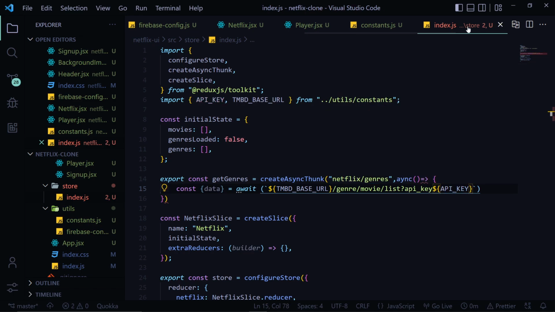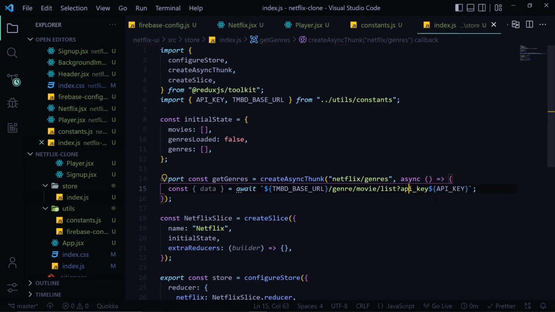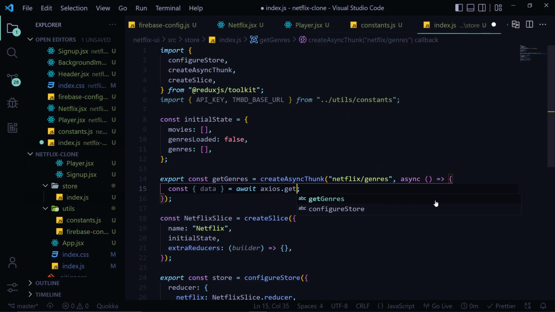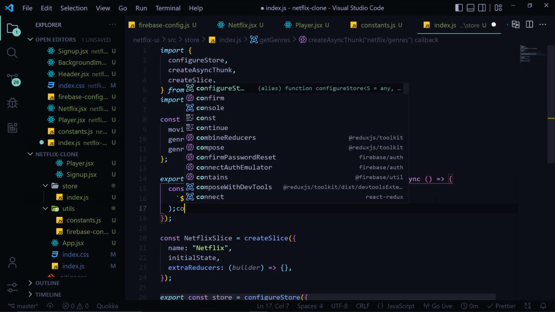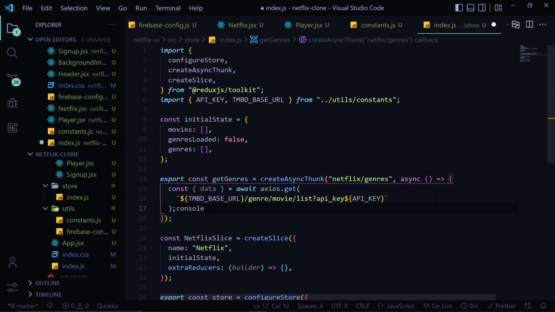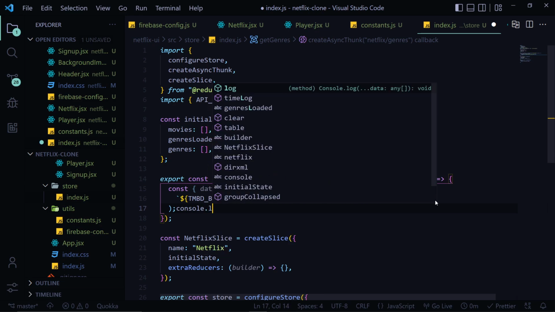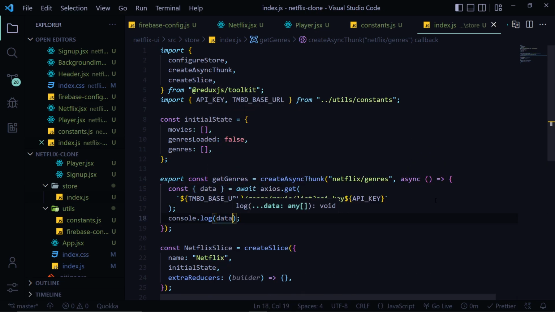That's it. I think we have an error here. So async, this is async. That's it. Now I have to wrap this inside an Axios call. So we'll write axios.get, axios.get, pass in there. Now let's console the data, console.log data, and